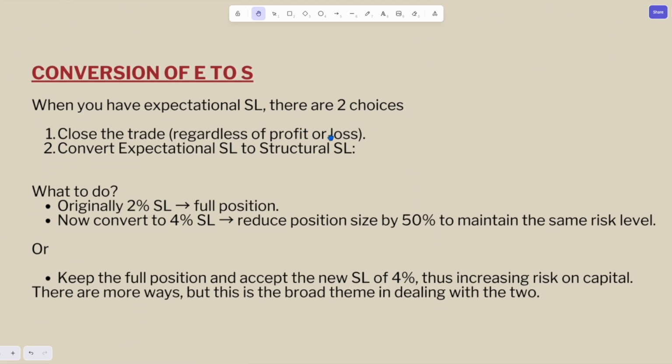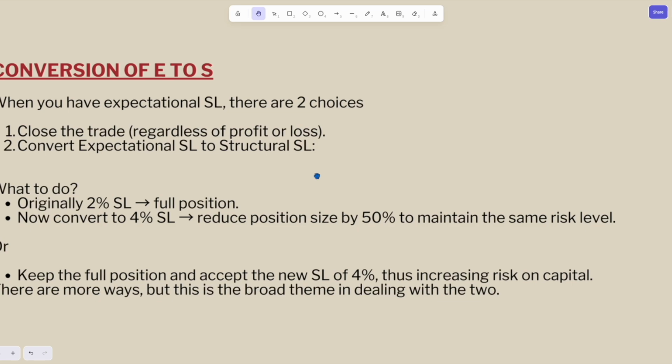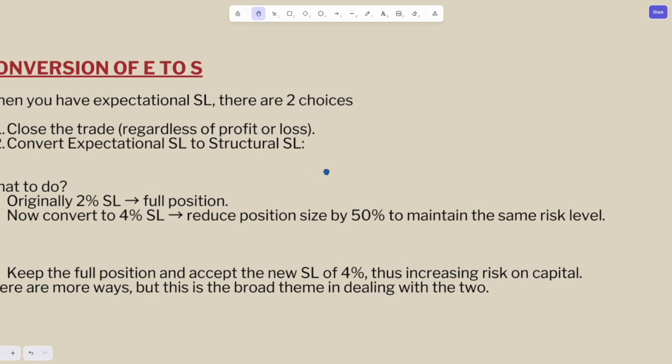But before that, there is something important, a topic of conversion of expectational to structural. What that is, let's try to understand it in great detail. Let's say you pick up a trade, and you put on an expectational stop loss over there, which